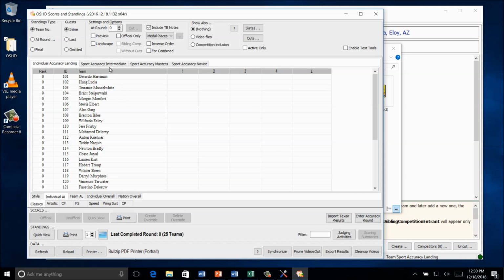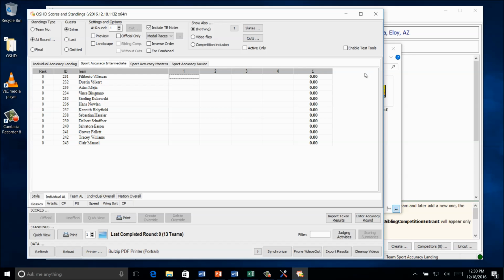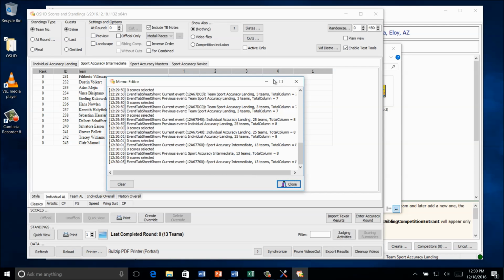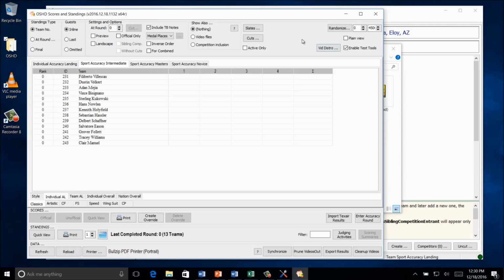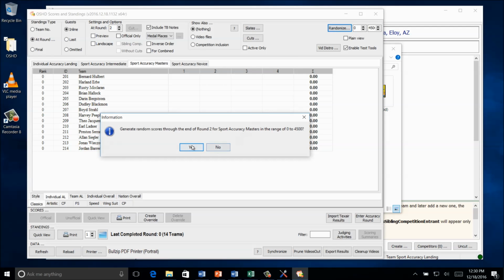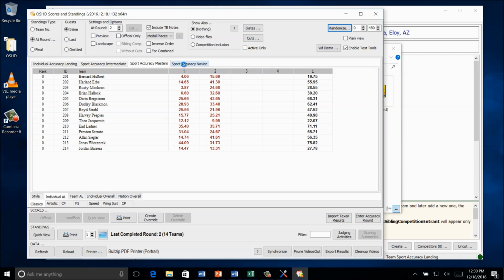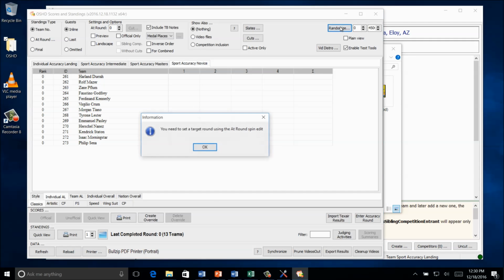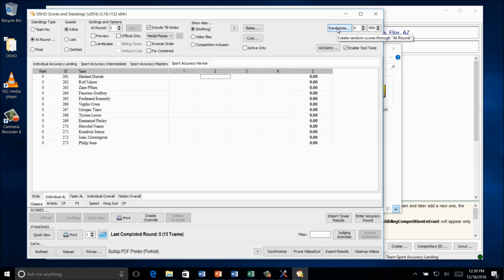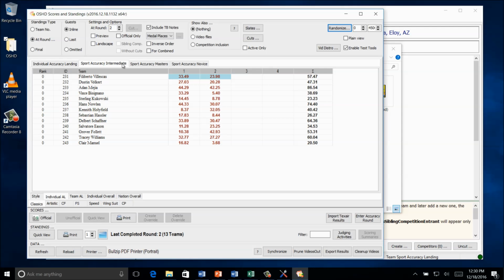I'm going to go to the Individual Accuracy Landing, and I'm going to create some scores by turning on the test tools. Don't need that. And we're going to create 2 rounds of random data in each of these guys, because this is something you're going to need to know how to do when we get to the team. Randomize, yes. Sport accuracy at novice, randomize, oops, got it. Establish a round, randomize, yes. Okay, so now we've created random scores for 2 rounds in the sport accuracy